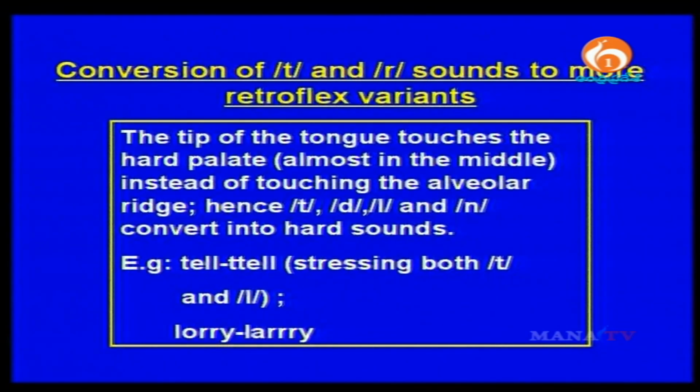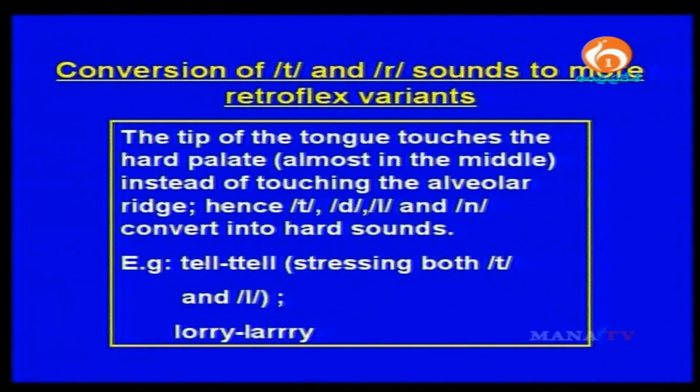That is, your tip of the tongue made a longer journey, covered a longer distance, and went behind the alveolar ridge, whereas it should actually stay with the teeth ridge, just behind your upper front teeth. And what happens as a result is your t, d, l, n, and so on get converted into